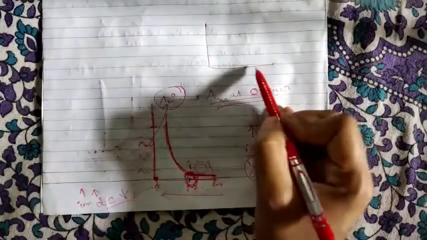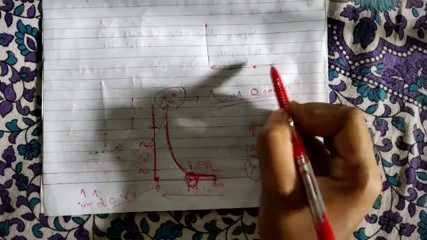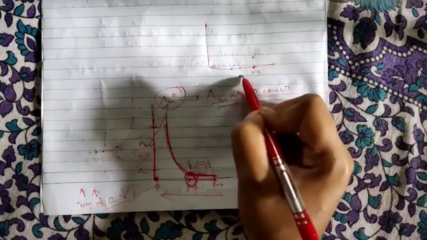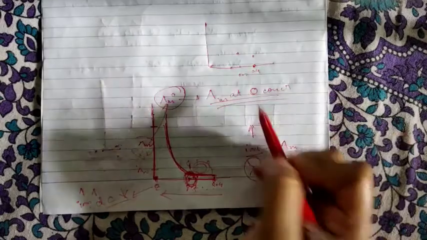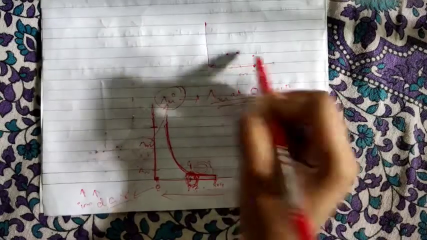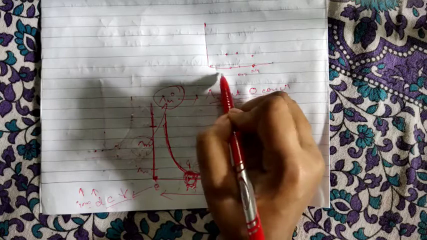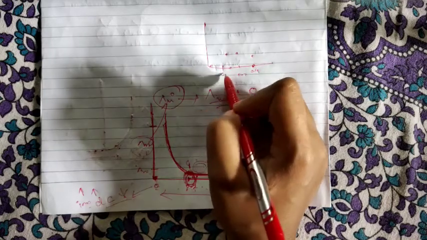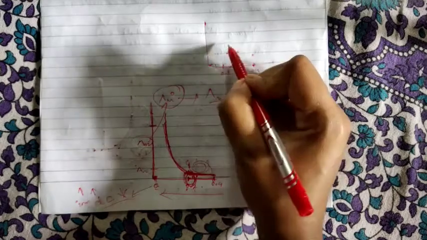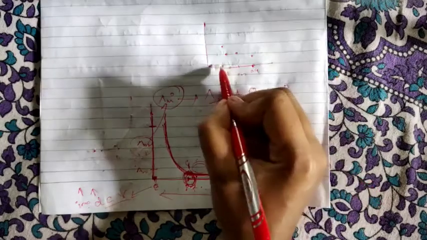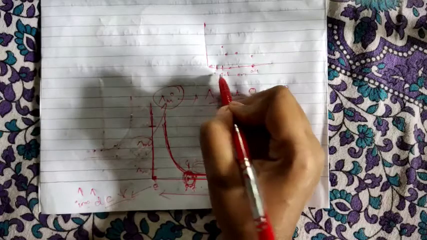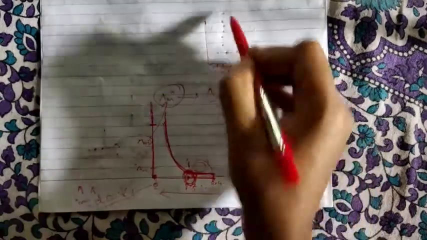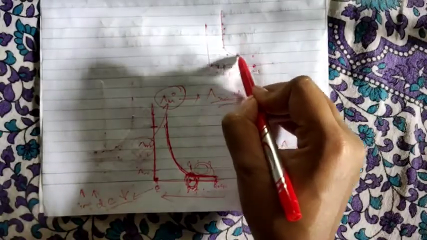Clear? You are plotting the graph, and you are decreasing the concentration. At 0.4, your value was this much. At 0.3, your value will be this much. At 0.2, this much. And after 0.2, suppose you have added water to make it 0.1, you will get here. Again at 0.001, suppose you will get here. Like that you will get the graph, and you have drawn the graph this way.